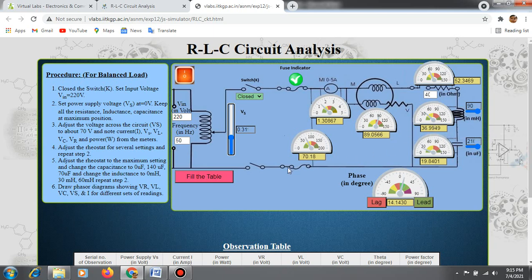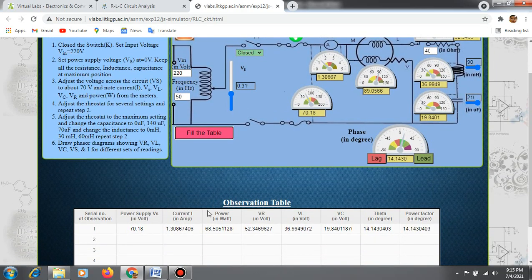Now we have to click the fill the table button so that all the readings are noted in our observation table. Once you click, you can scroll down and check the readings noted in the observation table. Vs value, current, power value, VR, that is voltage across the resistor, voltage across the inductor VL and voltage across the capacitor VC are noted in this table.